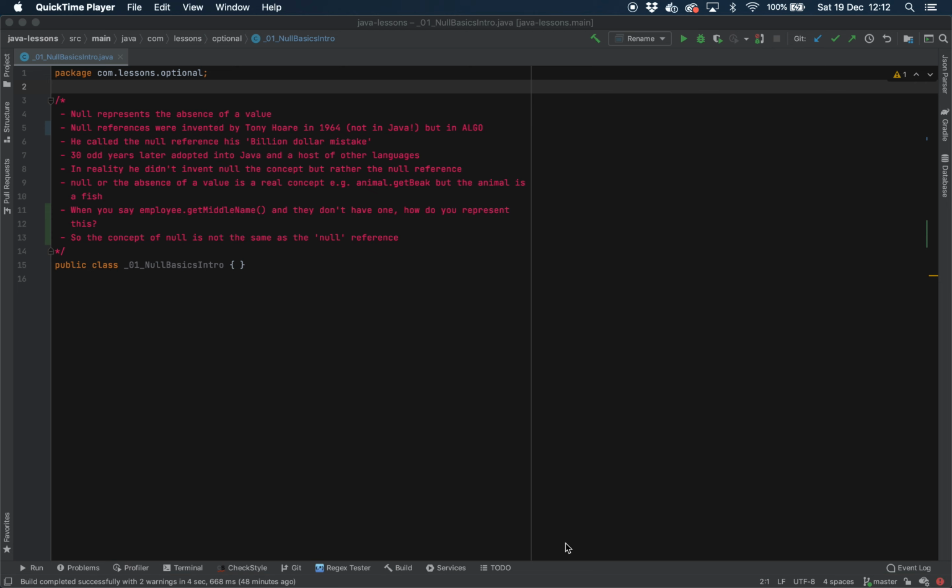The concept of null is very real when something doesn't have a value, and it makes no sense for that thing to have that value necessarily. That's a concept of null. For example, the employee not having a middle name, when we ask for the middle name, what is it? It's conceptually null. And the null reference is one way of representing null, and it's baked into the language with the lowercase null literal in the Java language. Okay,